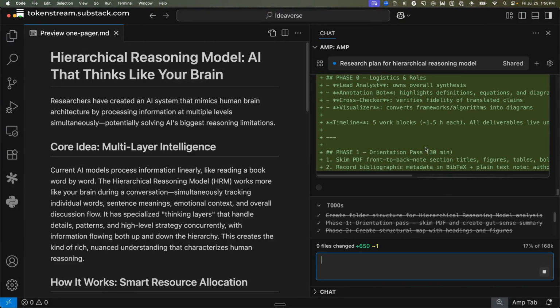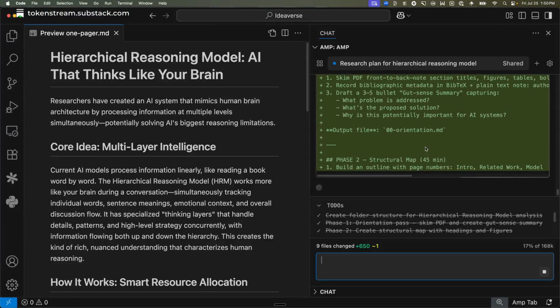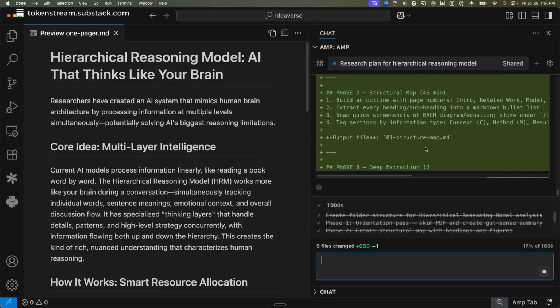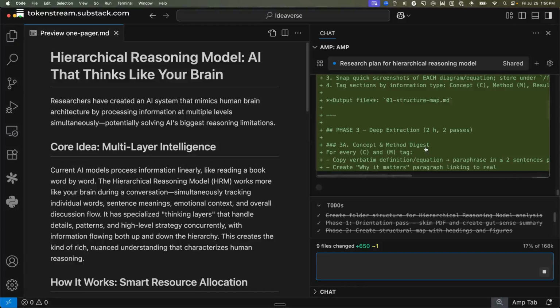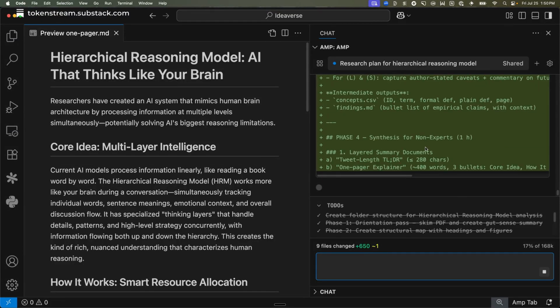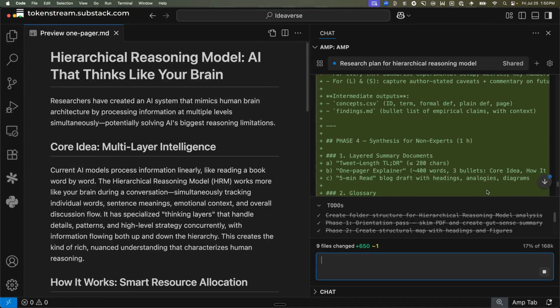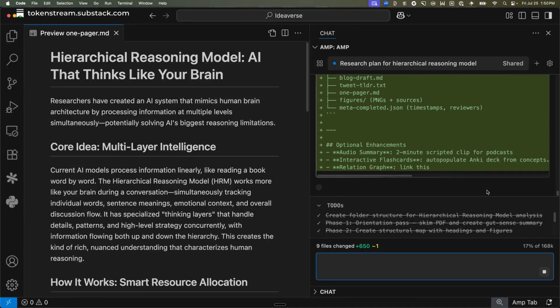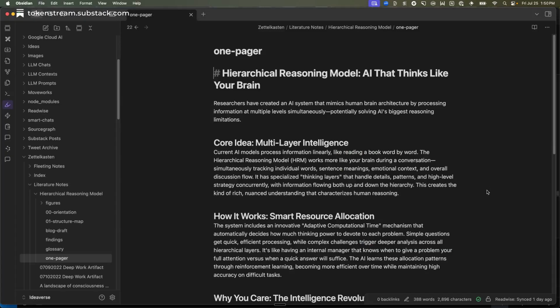And also, I'll be able to reuse this again. So the next time a very interesting paper comes out, I'll be able to just run this research plan. I don't need to ask the Oracle again. So I would say this full process probably took about 10 minutes in total. And now we have